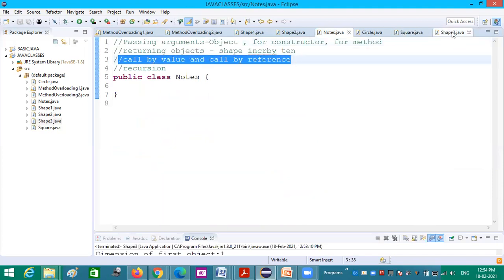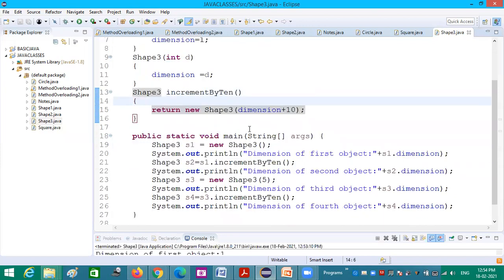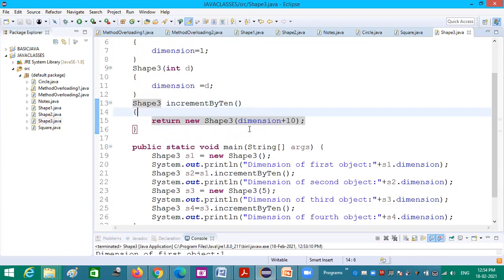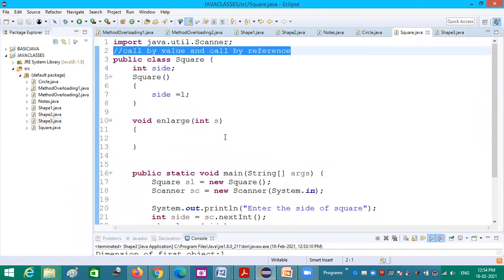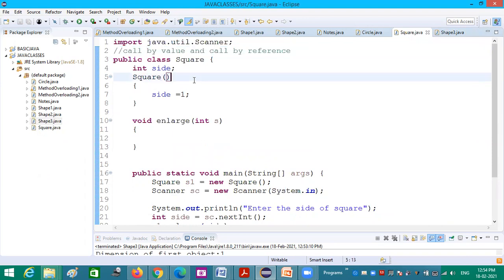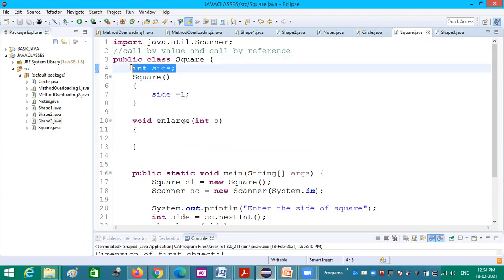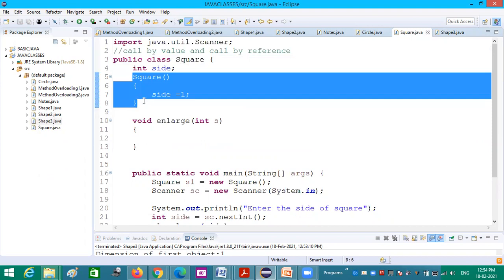Okay. So the next concept is call by value and call by reference. So in the same example, we shall try seeing that. So you could see, okay. This is another example, a Square class. For that only one instance variable I have taken inside. One constructor I have created, a default constructor.